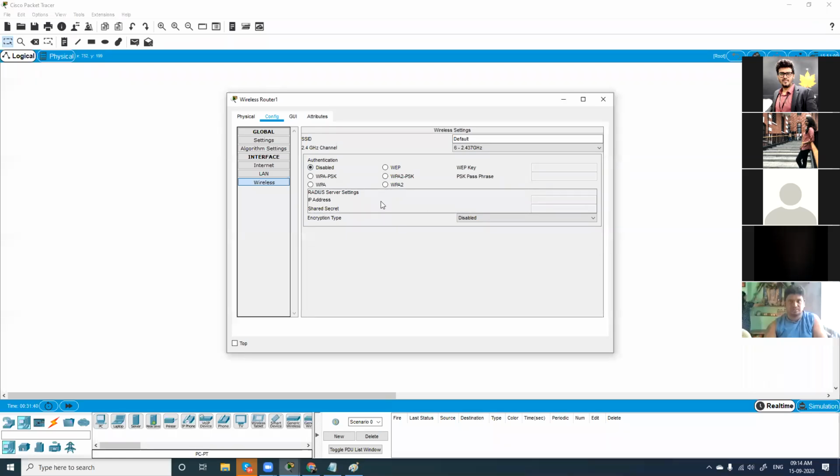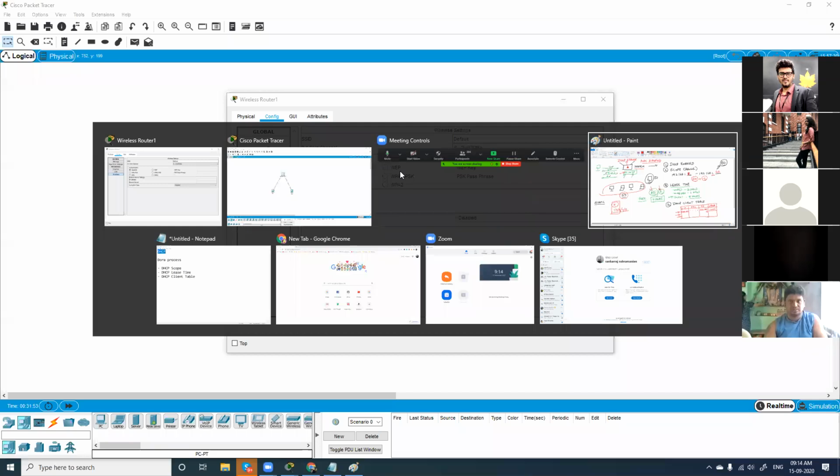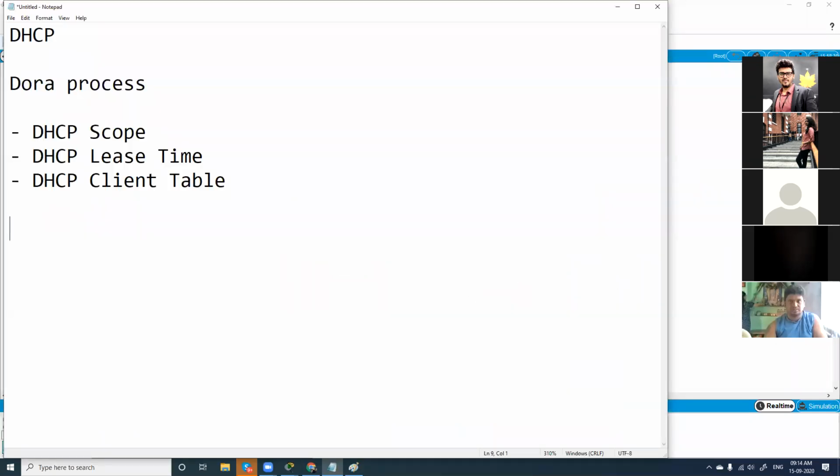And for your information, in case you check your Wi-Fi device and the authentication is WEP, please change it, because we have three authentication mechanisms here: WEP, WPA, and WPA2.